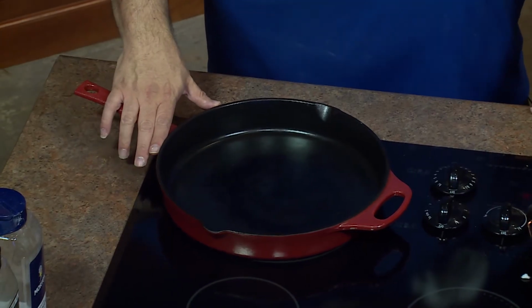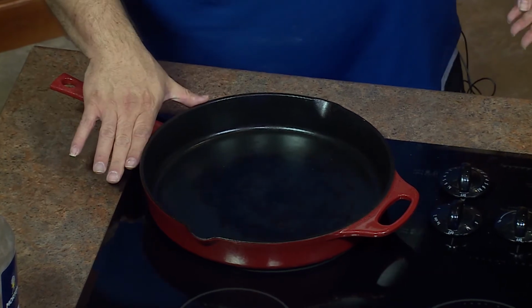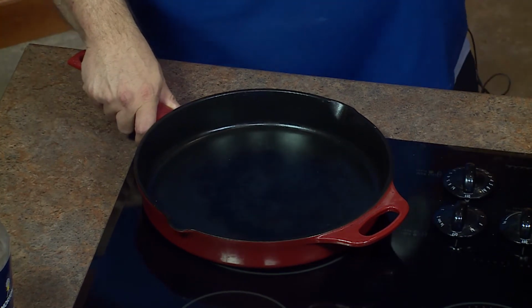So we have our skillet. When I was looking at this, you can have a 12-inch skillet, but this is a 14-inch cast iron skillet. I prefer cast iron when cooking just because you can cook anything in a well-seasoned cast iron skillet. It's not going to stick, and it distributes the heat well. So if you'll hand me the oil,